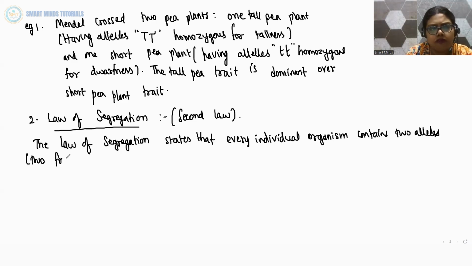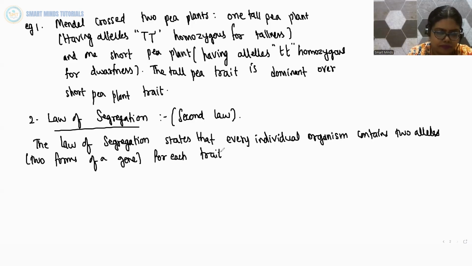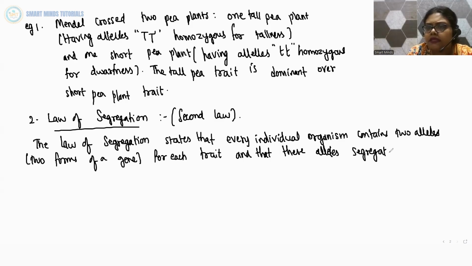That is two forms of a gene for each trait, and that these alleles segregate. Segregate means they separate during gamete formation